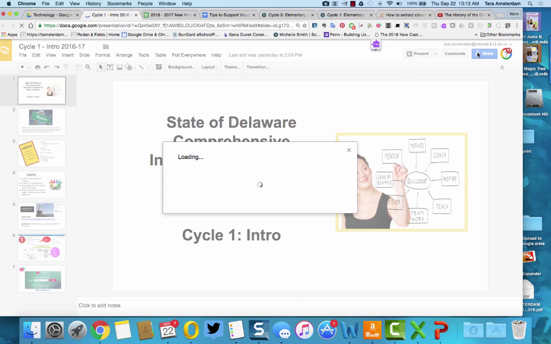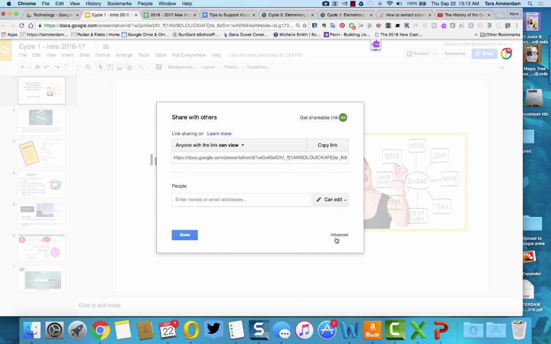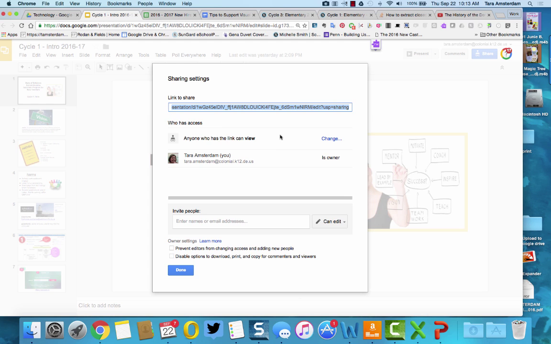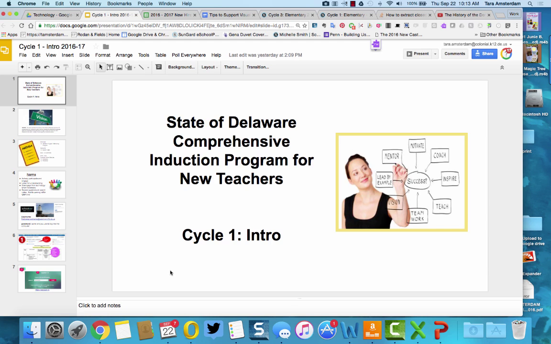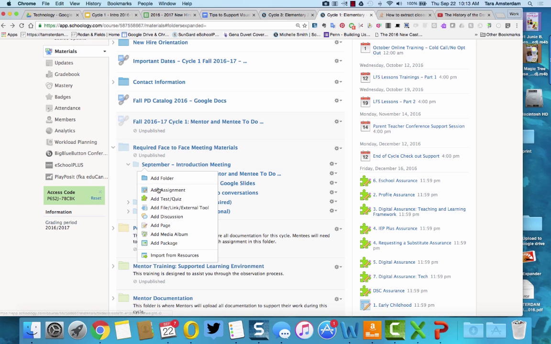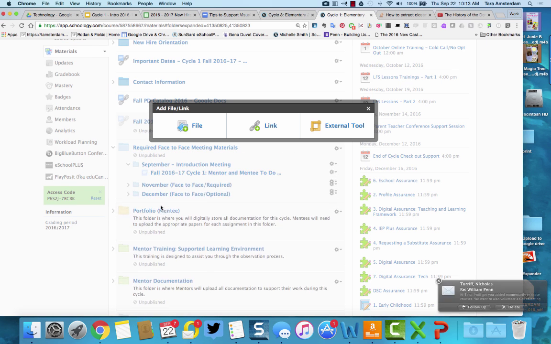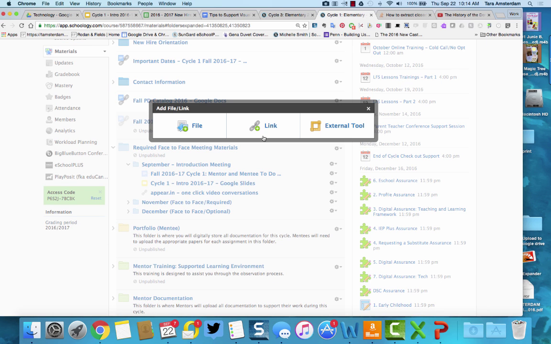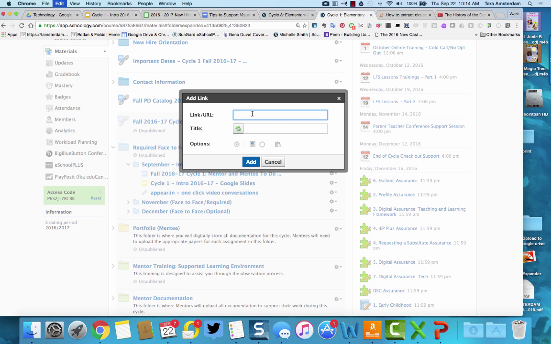So what I did to get it in there was I shared it with the advanced settings to anybody who has a link can view. I copied that, and then I added the link into the Schoology course by doing the add button. So I want to put it in this folder. I'm going to get to that green line. I'm going to go to add file, link, or external tool. So what I had done originally was I had taken the link and just copied it in here